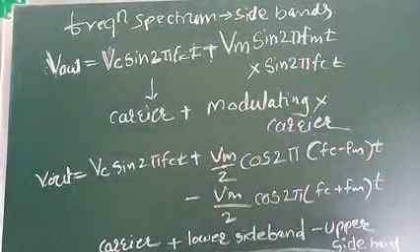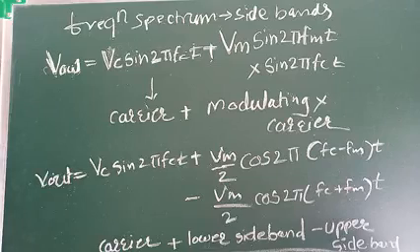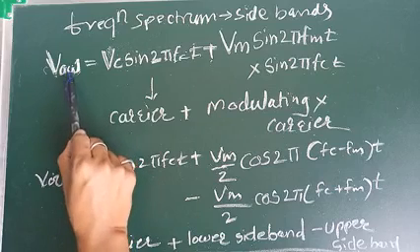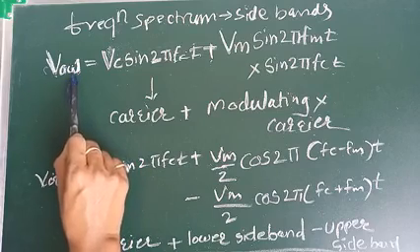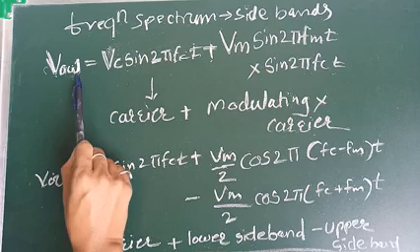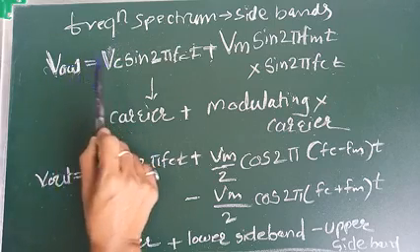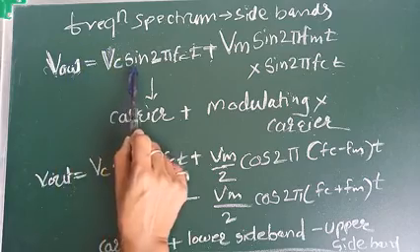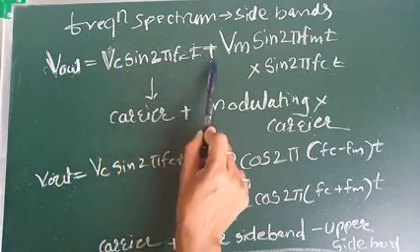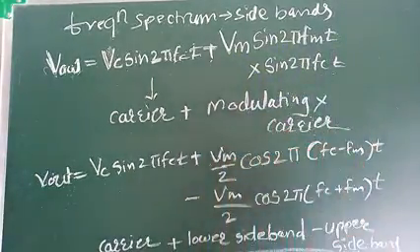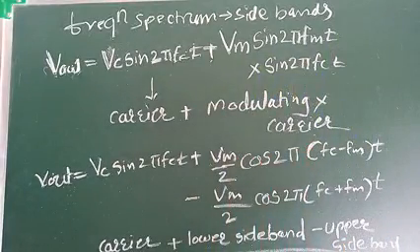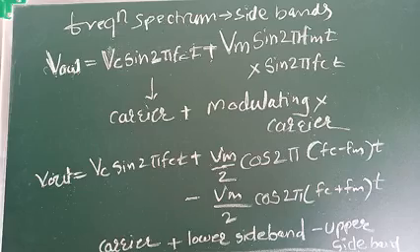So let us initially start with the mathematical equation of the amplitude modulation wave that we already learned in the last video. I am going to start with the amplitude modulated wave, that is the output of the amplitude modulator. The amplitude modulated wave or output can be given as V out is equal to Vc sine of 2 pi fct plus Vm into sine 2 pi fmt into sine 2 pi fct. So let us see what is meant by fct, fmt and fct again.